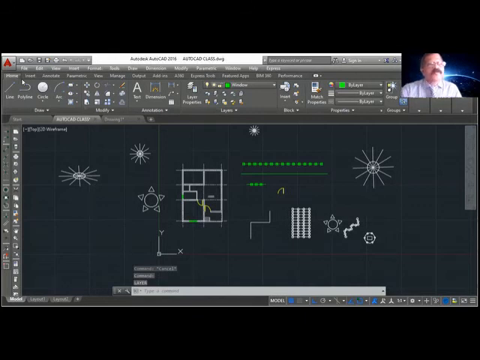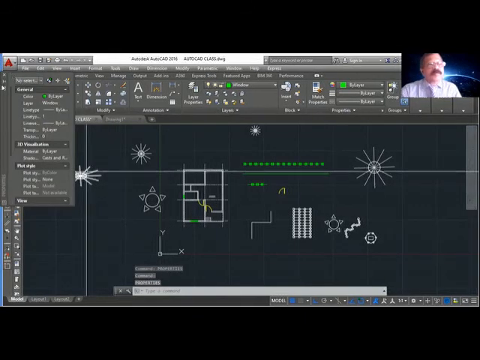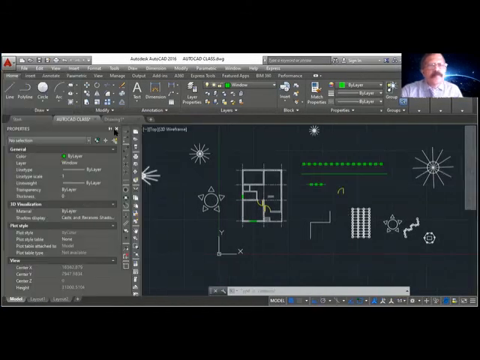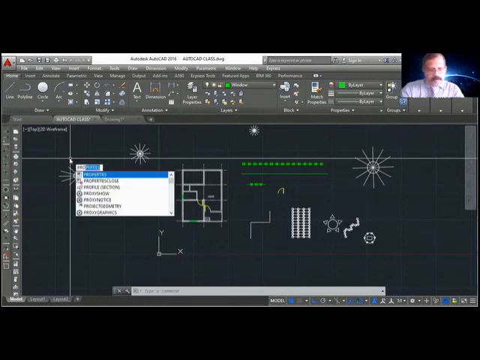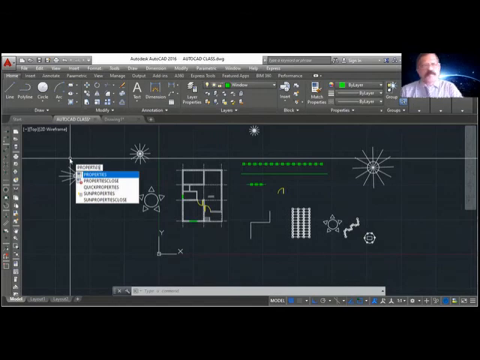When you type properties, you get a dialog box here.